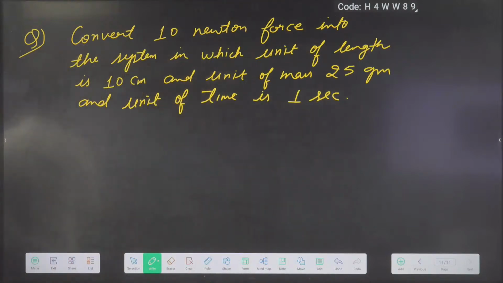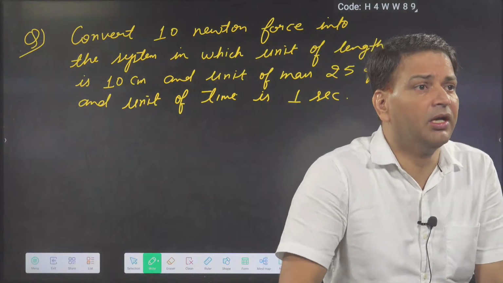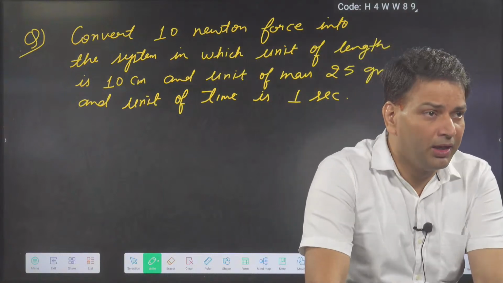Okay, so here I am saying that we have to convert the 10 Newton force into the system in which unit of length is 10 centimeter, unit of mass is 25 gram, and unit of time is